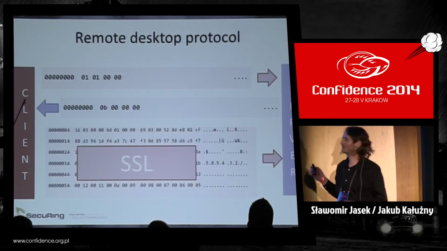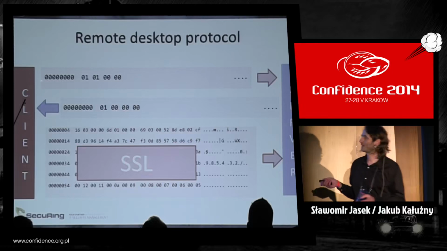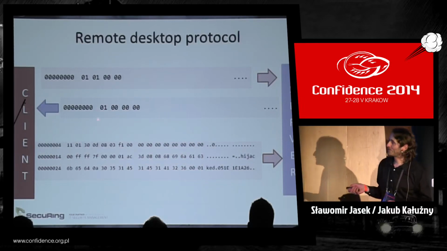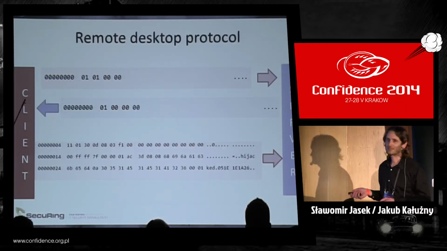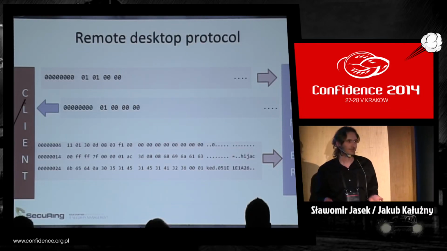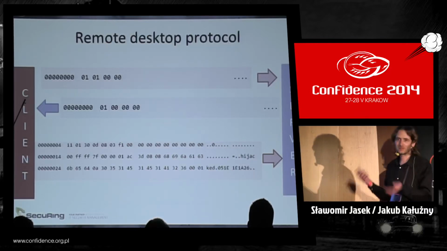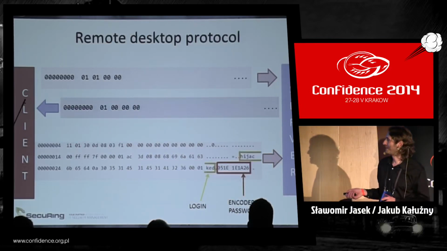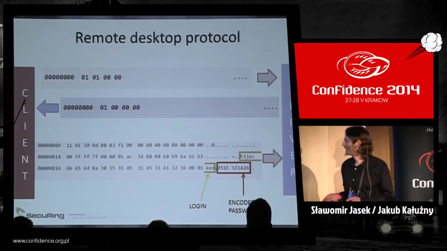How about that? If we were a man in the middle and responded from the server to the client, something like that. It turned out that this was the protocol version, and the previous protocol version did not support SSL. So the client happily changed the communication to clear text. So a man in the middle who could do that could just impersonate the server, send such a packet to the client to get clear text